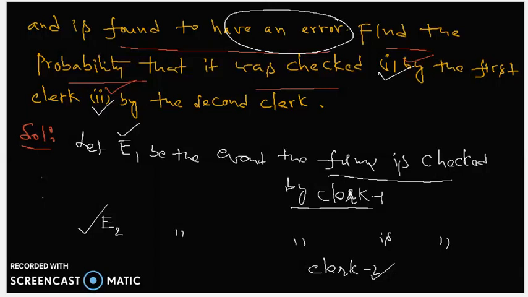So we want to find that the randomly selected form is an error form, but it was checked by, first problem is clerk 1 probability, and second problem is the probability that the selected error form was checked by clerk 2. So going to the first problem here,